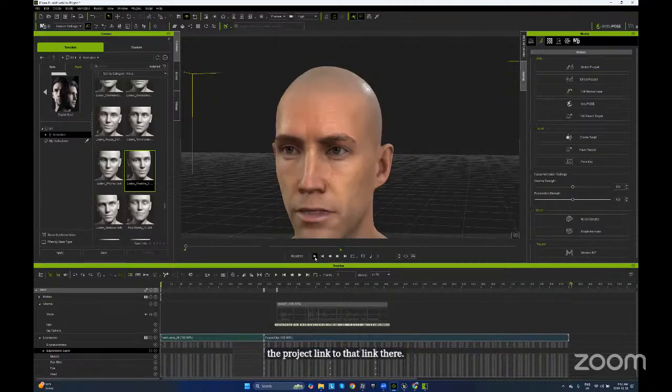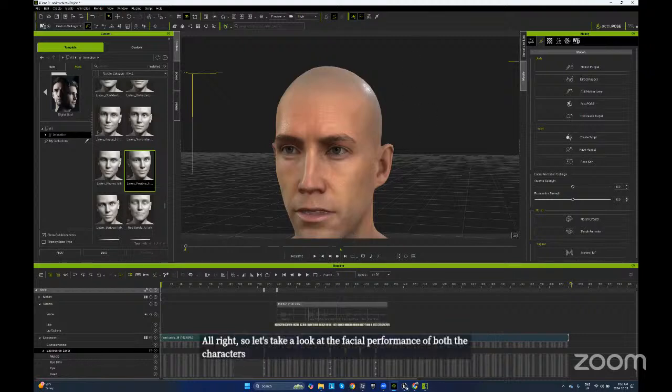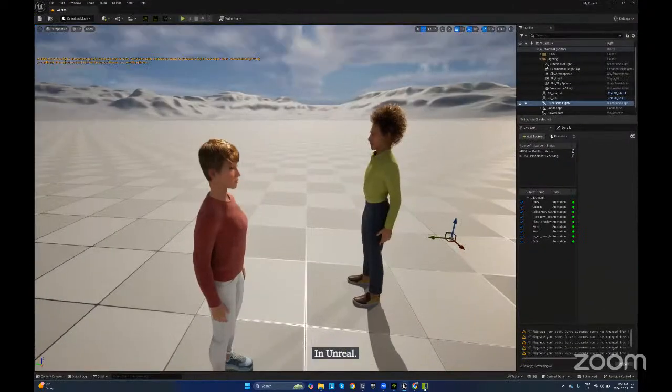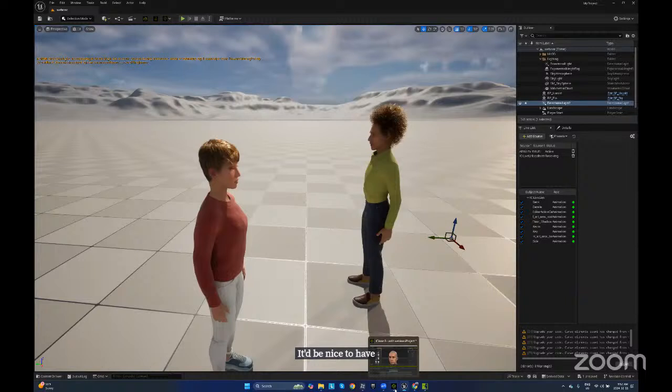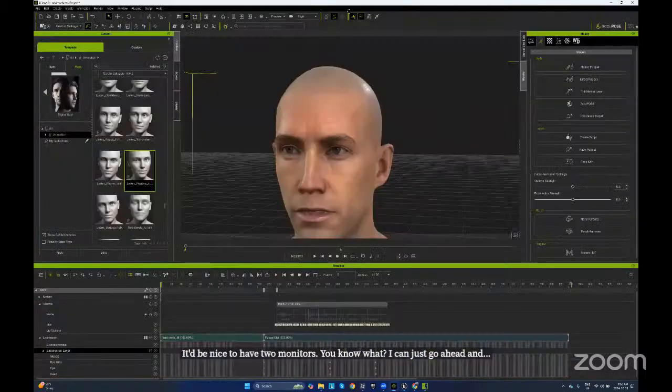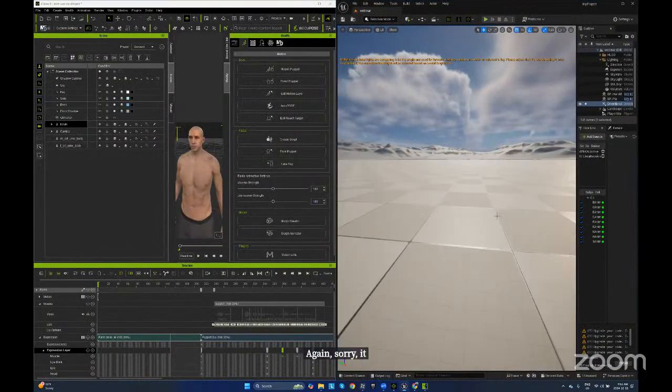All right, so let's take a look at the facial performance of both the characters in Unreal. We have to play it back in iClone. Gosh, I wish I had two monitors right now. I'm on a laptop right now, so it'd be nice to have two monitors. You know what? Let's just share the screen here. Again, sorry, it's going to be a little bit small, but